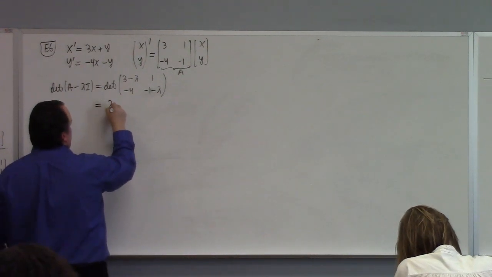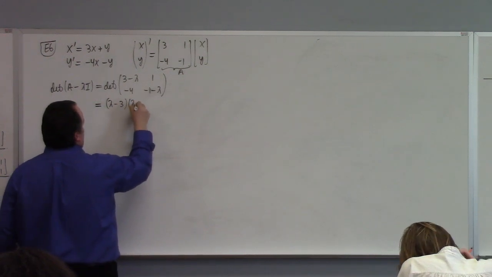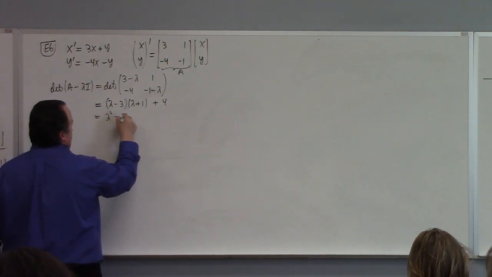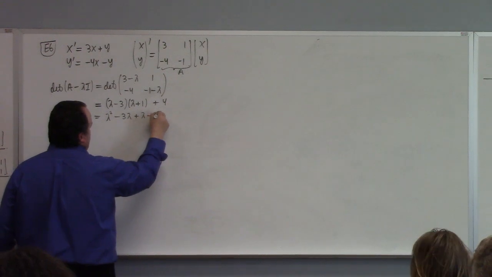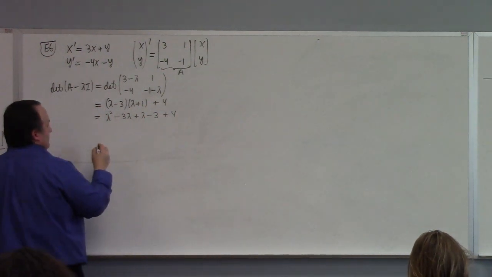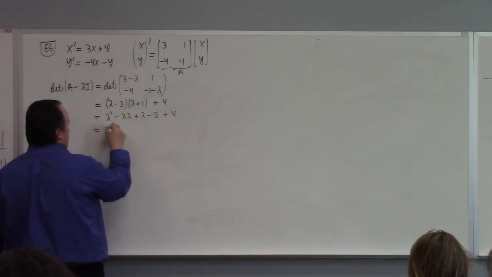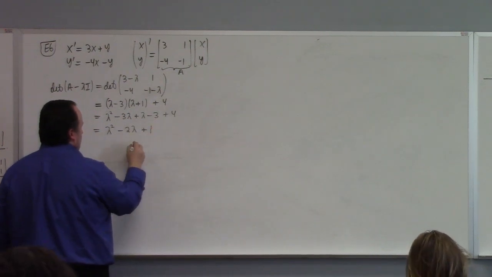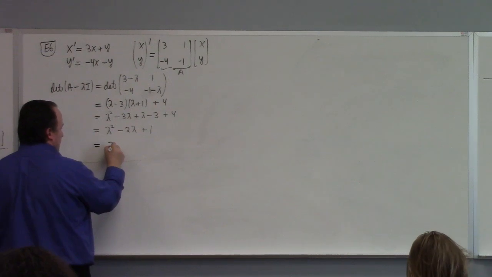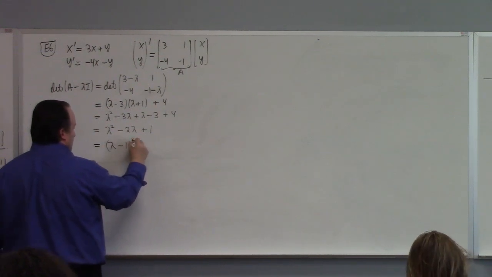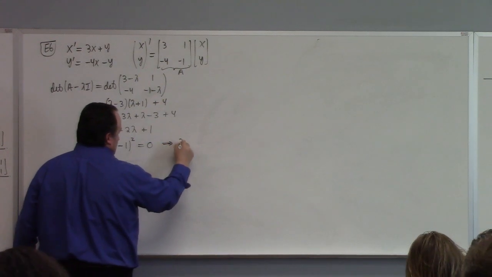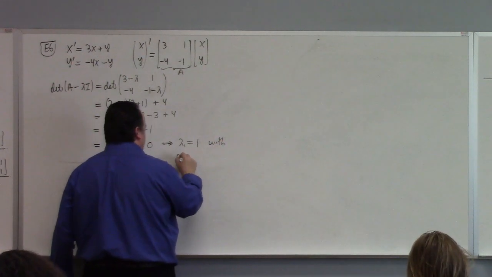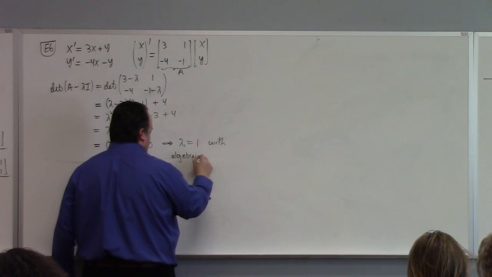I've got lambda minus 3 times lambda plus 1 plus 4, also known as lambda squared minus 3 lambda plus lambda minus 3 plus 4, also known as lambda squared minus 2 lambda plus 1. That factors, doesn't it? That's lambda minus 1 squared. So this one, we have lambda 1 equals 1 with algebraic multiplicity